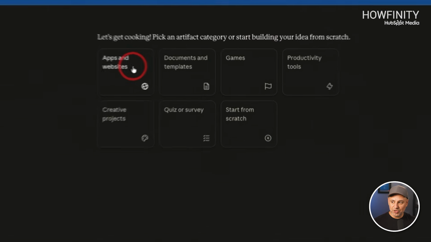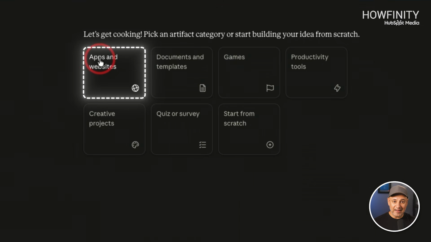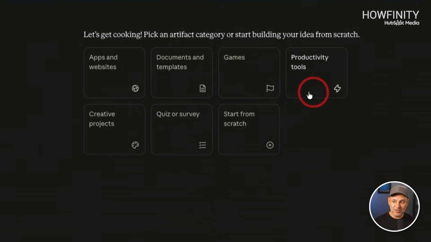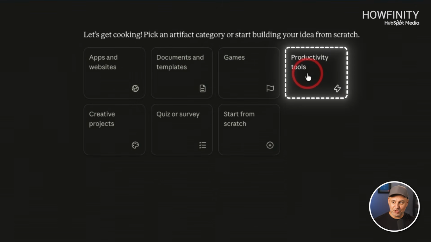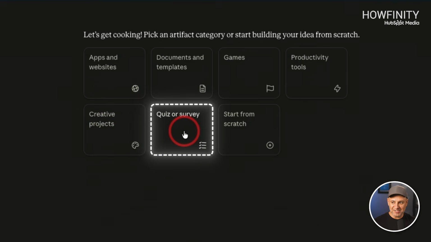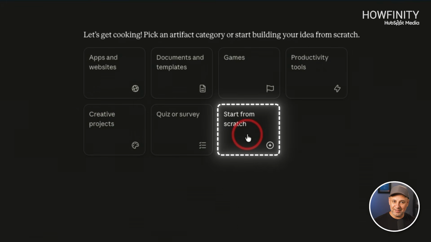So with Artifacts, you could create entire apps that live on the web. You could create entire websites. They also create documents that are easily editable and shareable. They create games, they create tools of all kind. I'm gonna show you an example of this one. You could use it for creative projects, you could create quizzes and surveys, and pretty much anything else that you could build on the web, you could use Artifacts to build them,